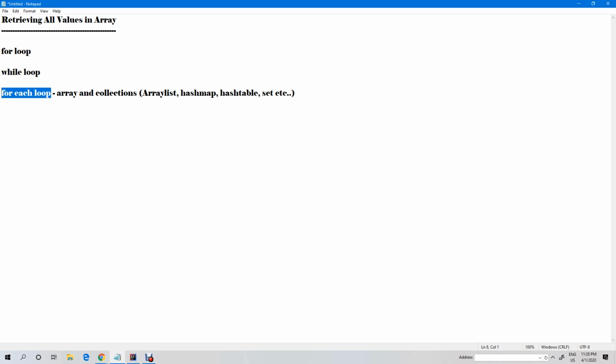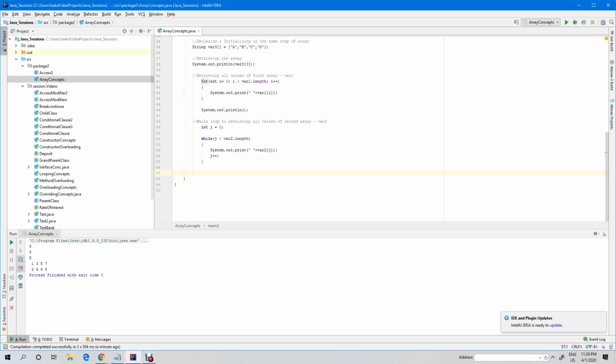We cannot do it for a normal set of integers. If you are dealing with these types, only then the for each loop comes into the picture. But I will say that you should always use for each loop. That is very much quicker and easier than for loop or while loop. That is what we are going to discuss as the third thing.